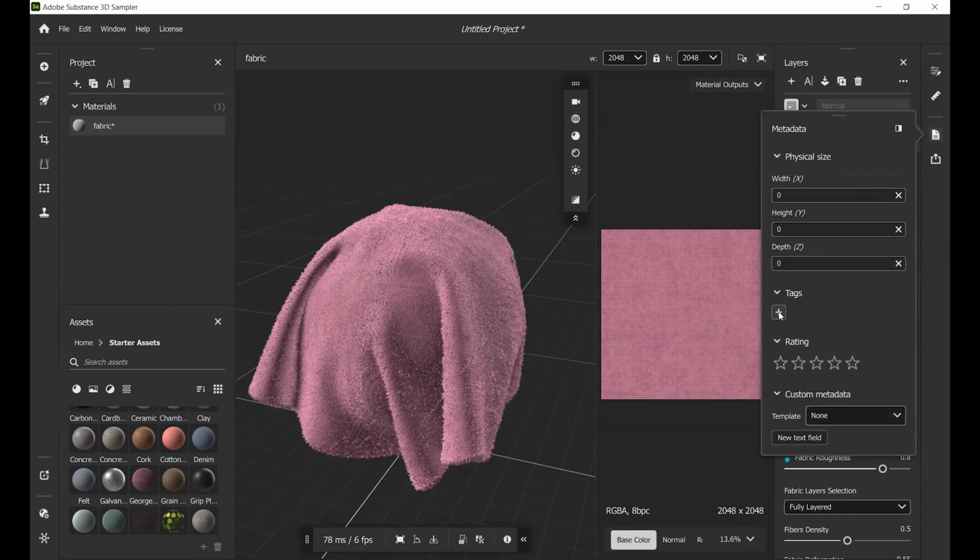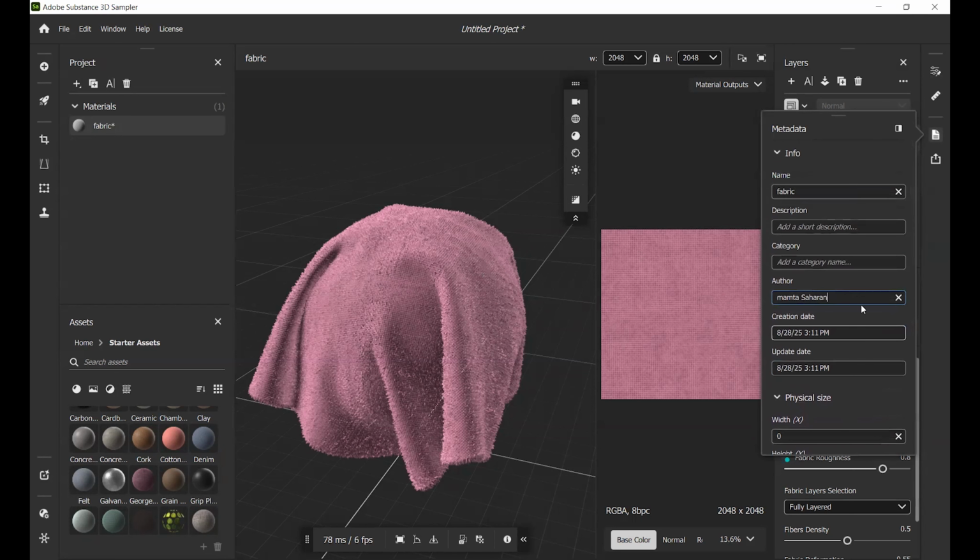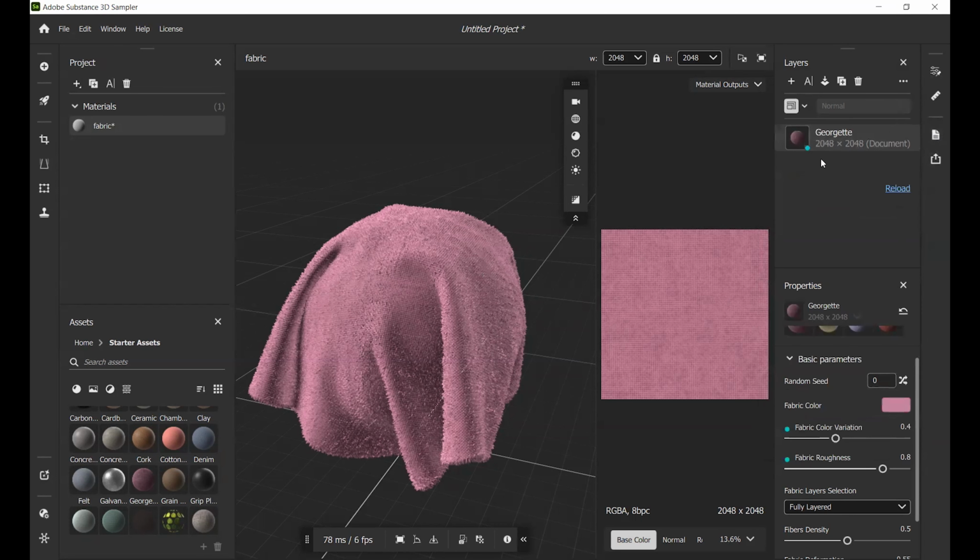Even you can add some tags related to this fabric. If you know the physical dimensions, you can provide those also. So they are really good. You can add metadata for your created material. Yeah, so we can do that.